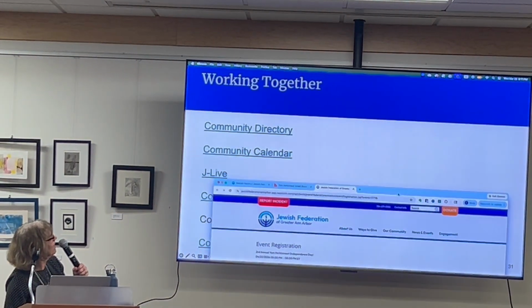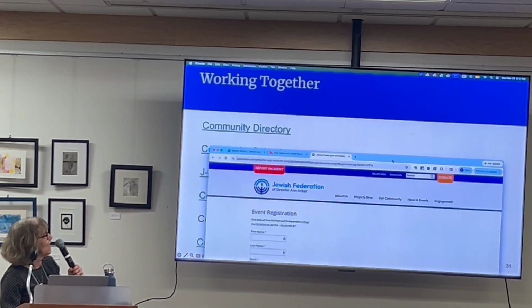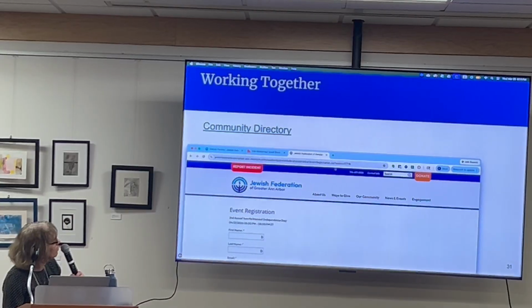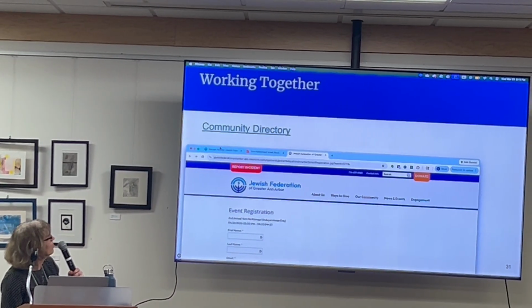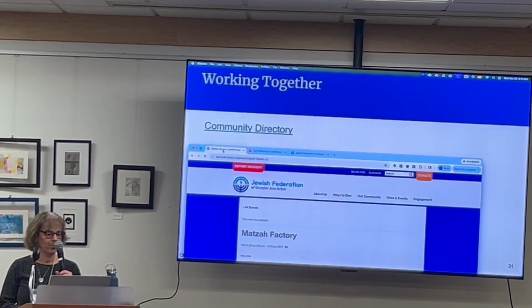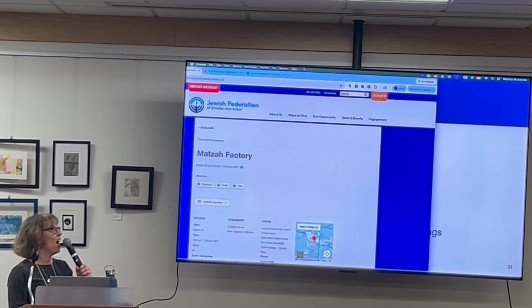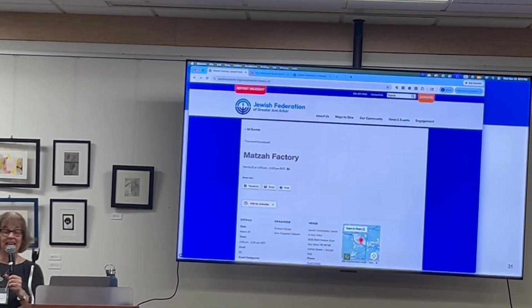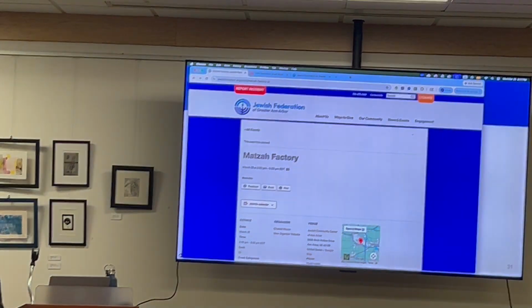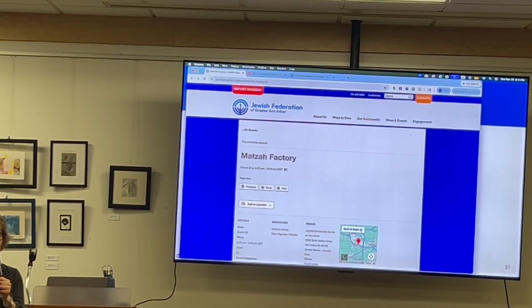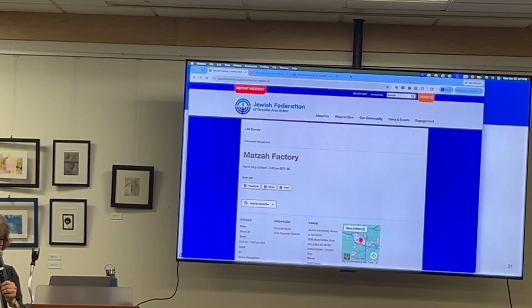Remind me, if our people put something on the JCC community calendar versus putting it on JLive, does one populate the other? If it goes on JLive, it is supposed to populate on the community calendar. Your team should double check. Katie on my team is working on this.